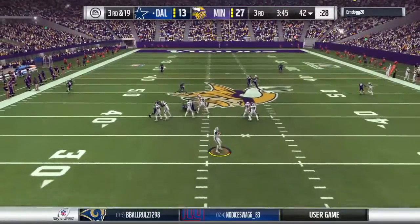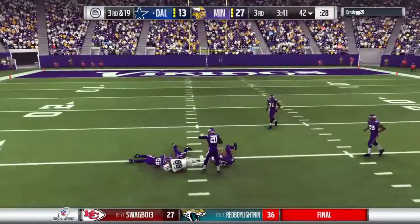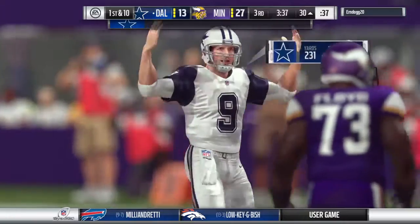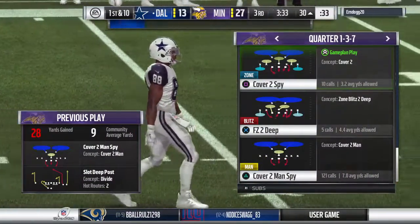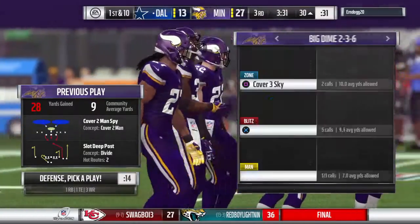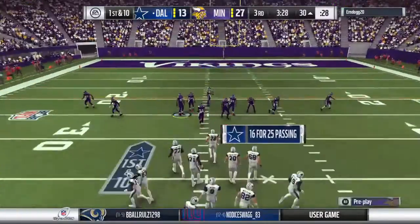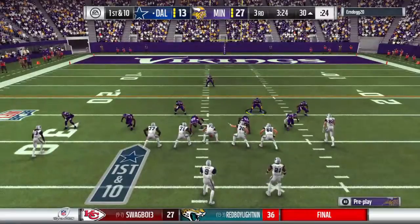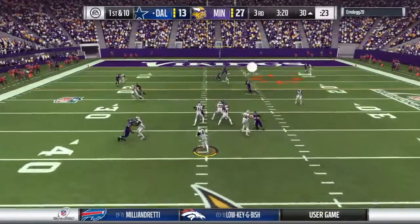3rd and long here. It's Romo surveying the field. He's going to air one out. And this will be caught at the 30. A big 3rd down conversion with a gain of 28. Well, even after all those interceptions, he's not deterred, still confident to go deep at work there. I think all the old rules about playing that position still apply. If things go wrong, you still act like you're the best player out on the field. You still carry that supreme arrogance with you and continue to fire the ball. I've seen guys have games like...